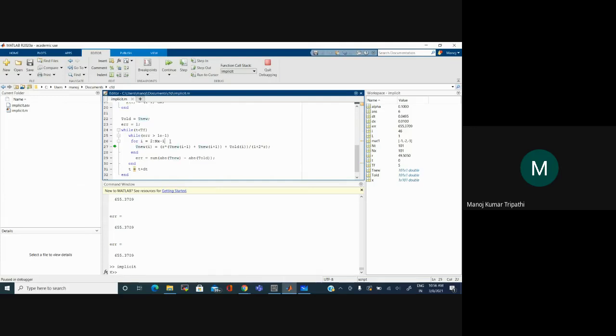Okay. So you are saying that the error should be, yes, this is inside the second while loop. So this is where this while loop ends. This while loop ends here. We are calculating these values at all i's and then finding the error finally after calculating for one iteration. This loop is for one iteration.